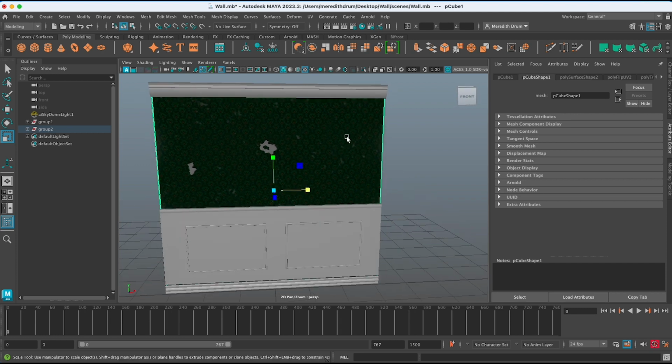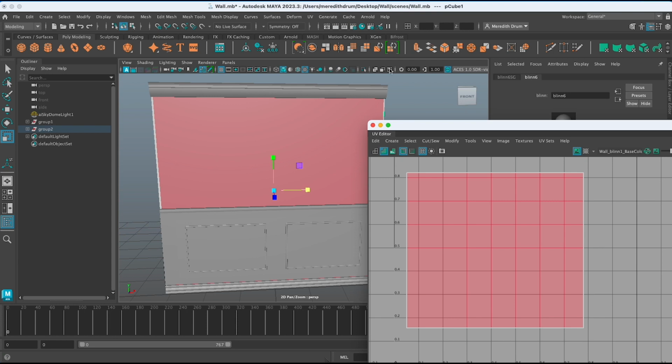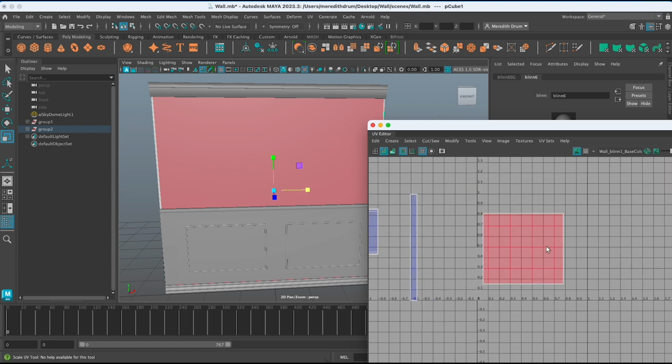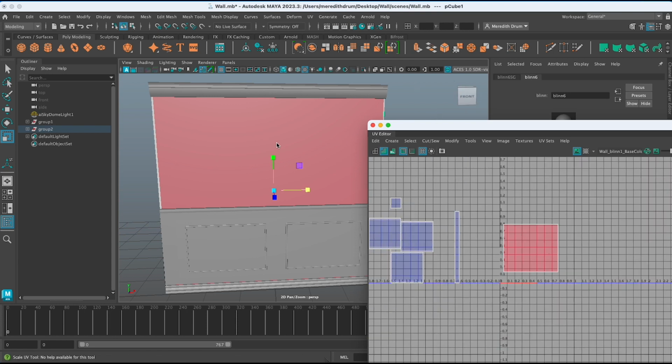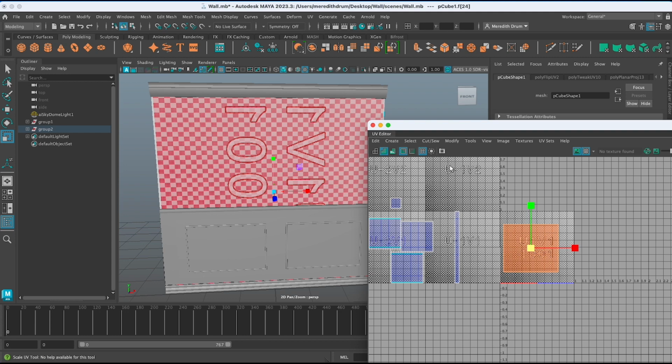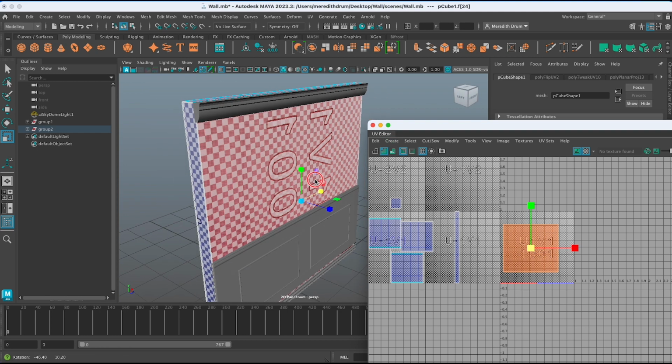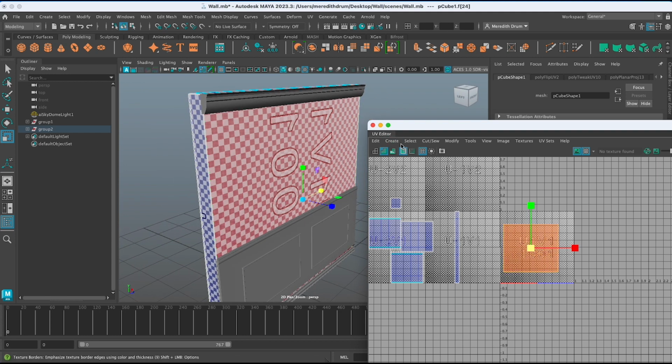So I'm just going to take a look at our UVs here. Well, first let's just apply a blend and cover that up because we're going to redo it. Let's look at the UV editor. Okay, so let's take this face here and look at it. It actually looks pretty good, but to get that, we'll have to redo it this way, but go